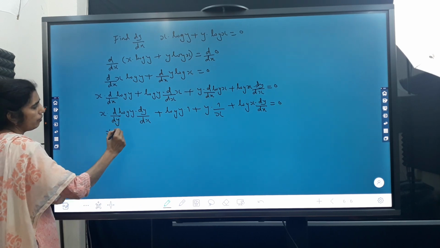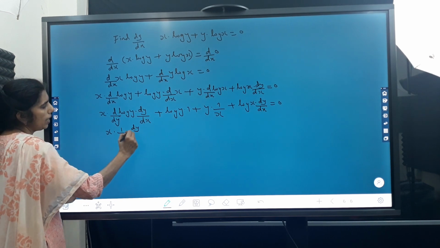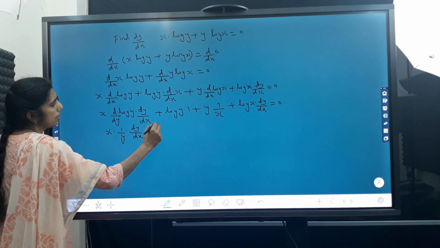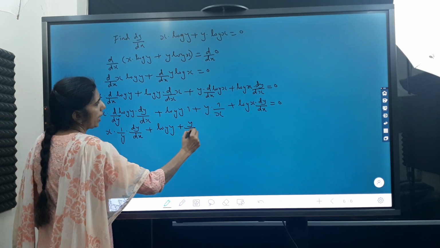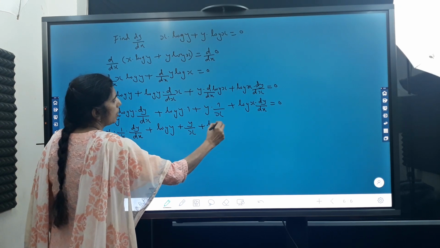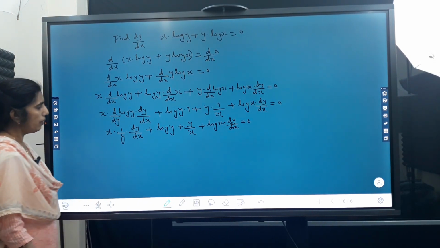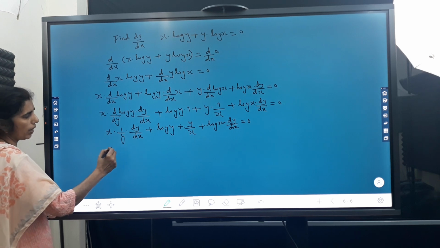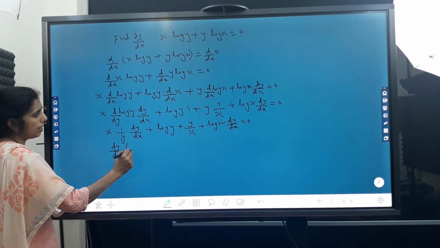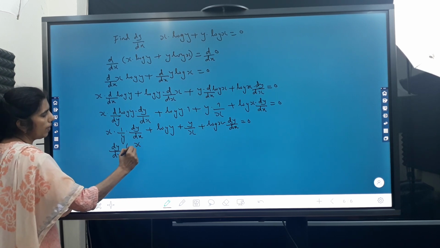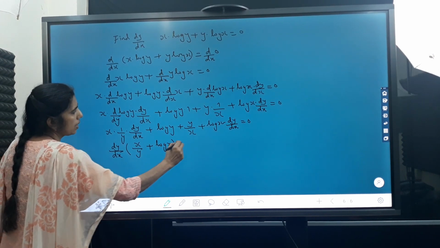Now d by dy of log y is 1 upon y. So you get x into 1 upon y into dy by dx plus log y plus y upon x plus log x into dy by dx equal to 0. Now we take the terms with dy by dx on LHS and terms without dy by dx on the RHS. Take dy by dx common factor. So dy by dx into x by y plus log x equal to